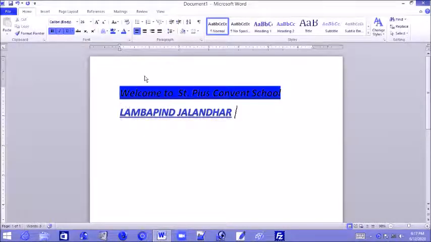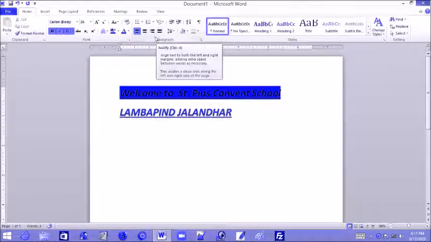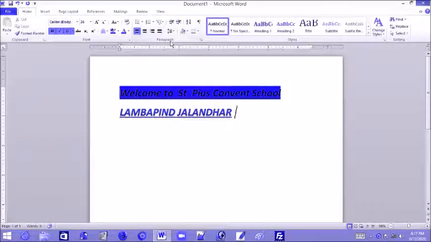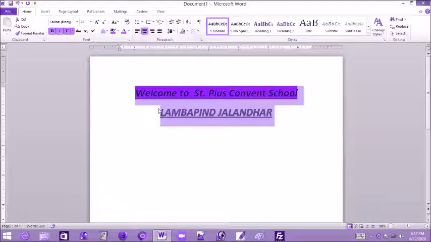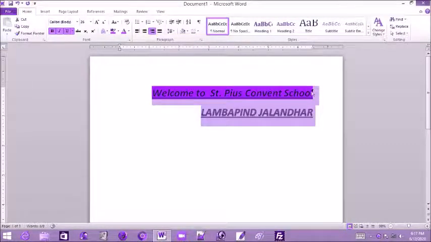So these are the margins, these are alignments. This is the Paragraph group, and in this group we have alignments. See, just bring your mouse pointer there, it shows us which alignment it is. Align Text Left. So just select this text and align this text to the left side. This is already on the left side, so we'll make it center. This is in center. See, the position of the text is changed. We'll make it right. That means on the right margin side, there will not be any space.